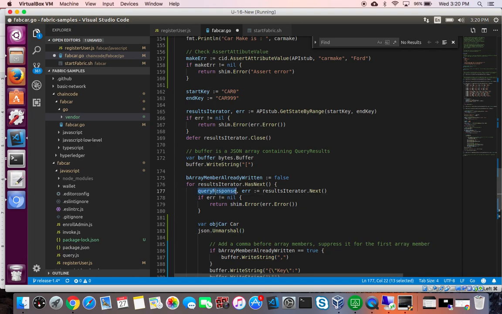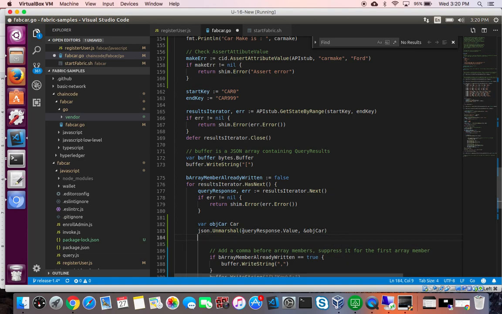Query response is the variable which will have the current object dot value, and we will fetch the current object into obj car. After that we will print fmt.Println